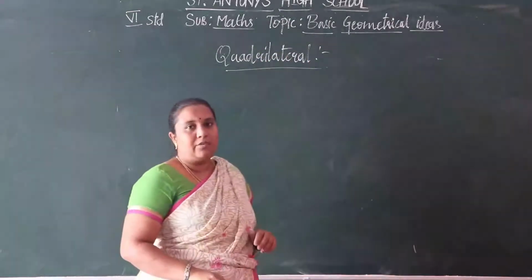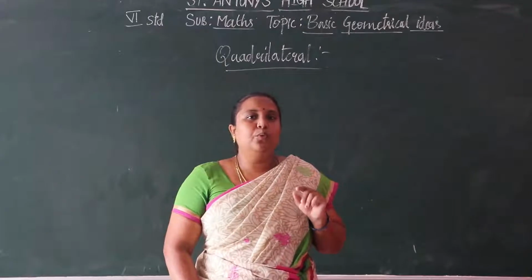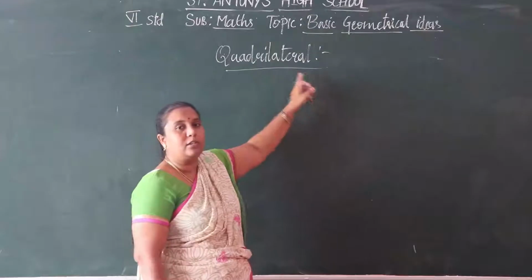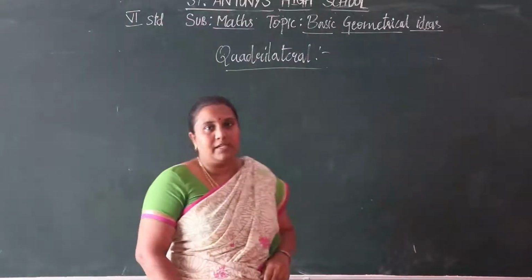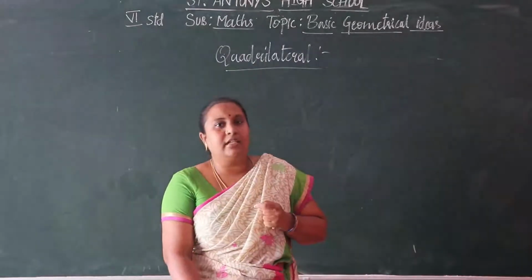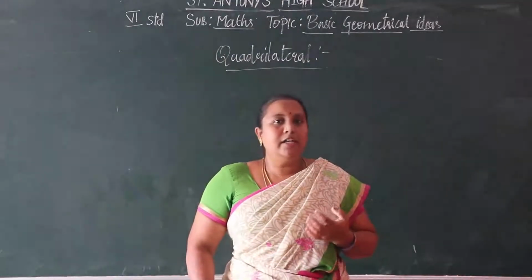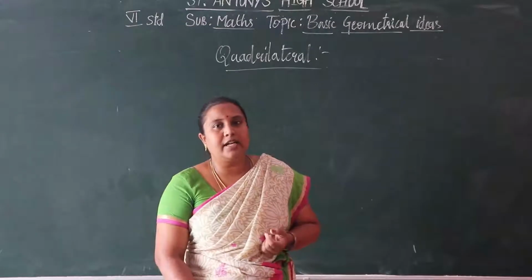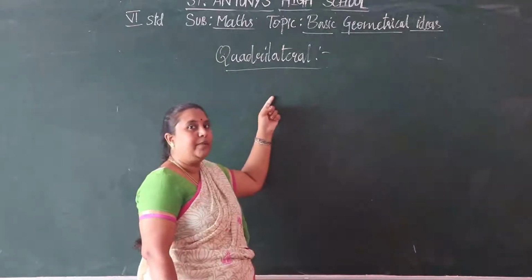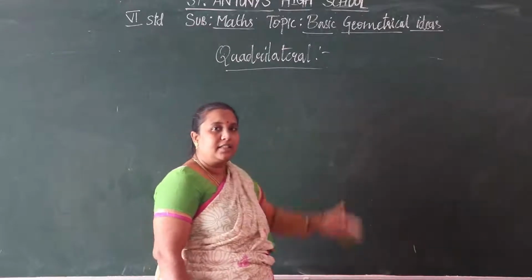See, quadrilateral. Learn the spellings, students. What is the spelling of quadrilateral? Q-U-A-D-R-I-L-A-T-E-R-A-L. Quadrilateral. Learn the spelling. You know the spelling of angle, no? A-N-G-L-E. That is very easy. So triangle, T-R-I, you should add that to angle: T-R-I-A-N-G-L-E. Triangle. And learn the spelling of quadrilateral also. It is very important. See, split the word and learn the spellings.